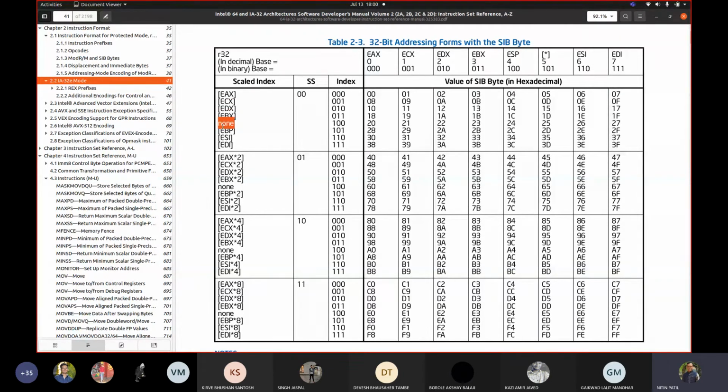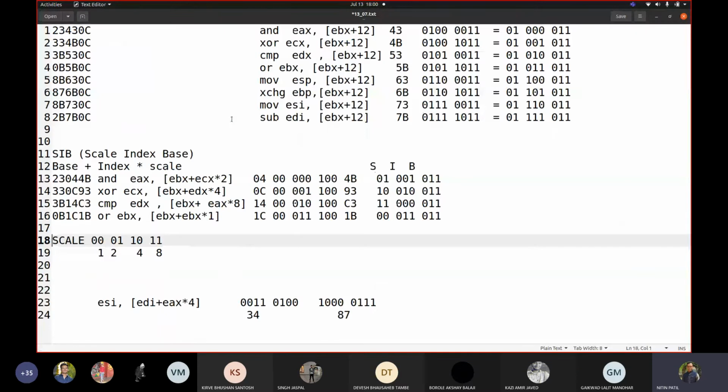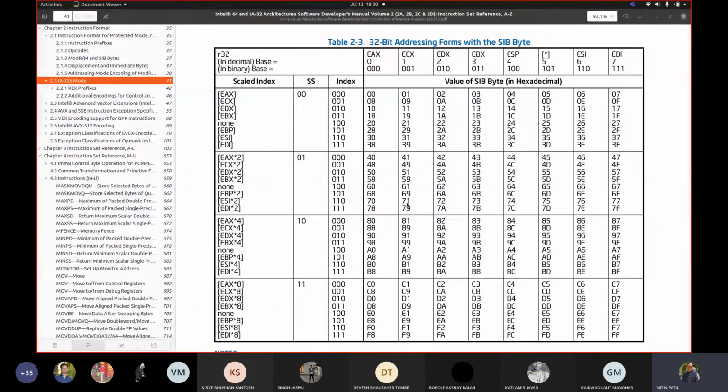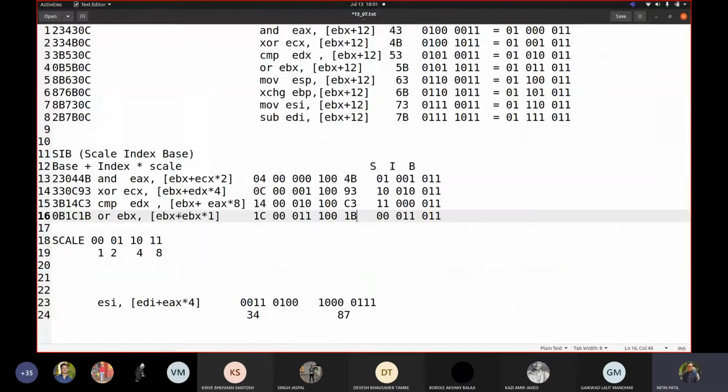You can see here none added. EBP can be used. Multiply by 8, multiply by 4, multiply by 2, multiply by 1. So 1 you don't write, correct? For the one that was multiply by 1, the number was 1B. You can see 1B here somewhere. See which register it was: EBX, EBX multiplied by 1. This you have to pick directly. If you see the multiplication factor along with the register,